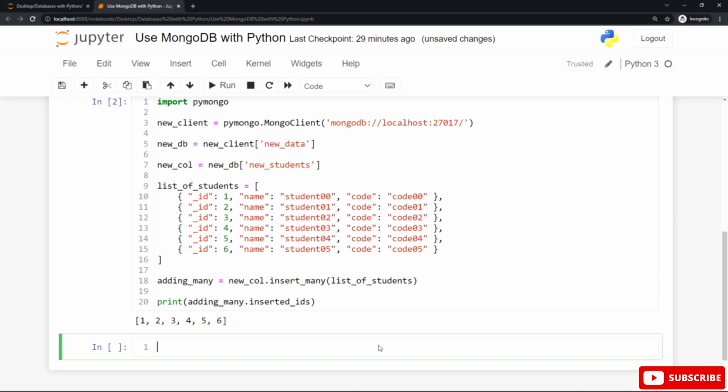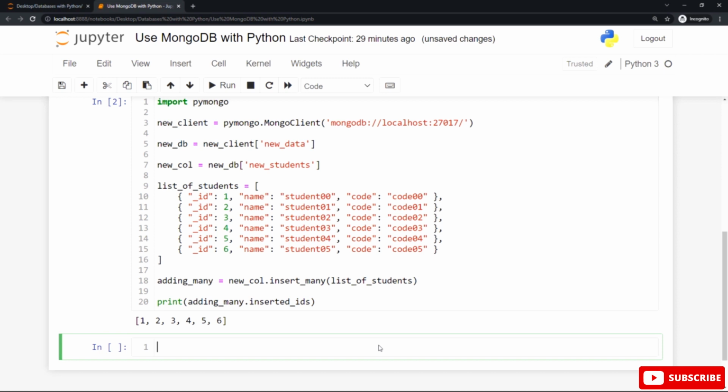And after that you can see we use the inserted IDs property to display the new IDs, which are 1, 2, 3, 4, 5, and 6 inside a list, and the print function to print out these IDs on the screen by using the variable name with the inserted IDs property as an argument inside the round braces of the call of the print function.